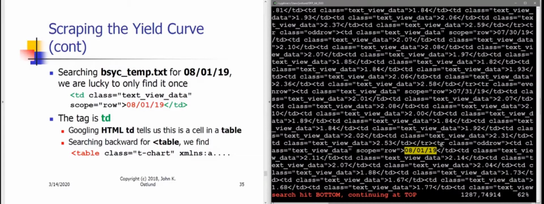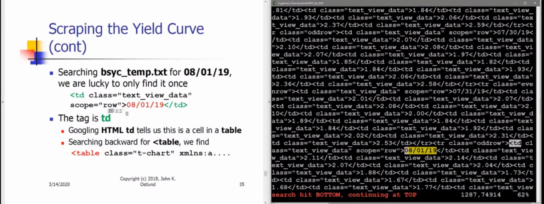For example, when I was first learning HTML, the little bit that I did know informed me that tags for components in an HTML document started with a less than symbol and some string. And from the data that I'm interested in, 08, 01, 19, if I go backward looking for a tag, here's that tag,